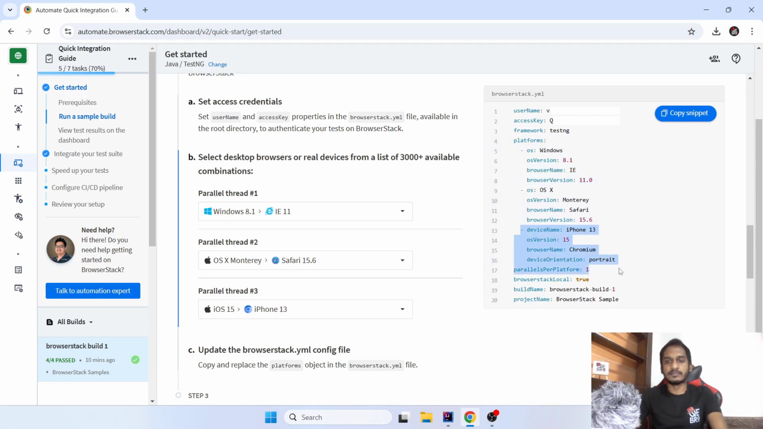Or else, you can copy paste one of these components and then change the values as well. Likewise, you can configure to run this on multiple different platform combinations as well. And also there are some other properties, like parallels per platform, like how many parallel runs, and then